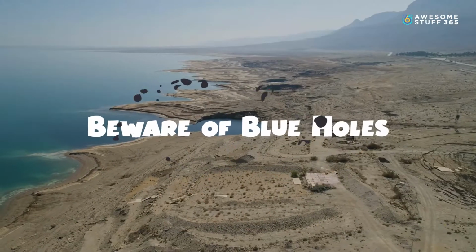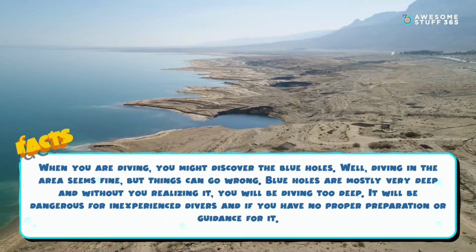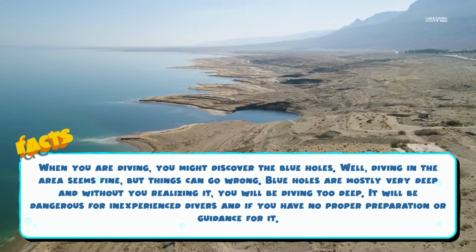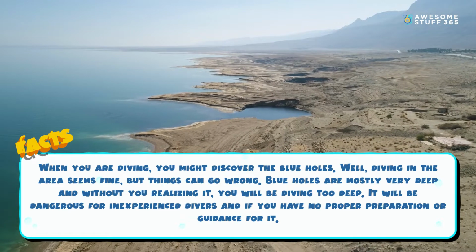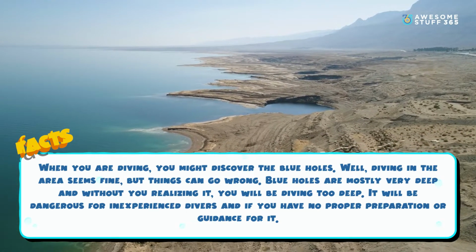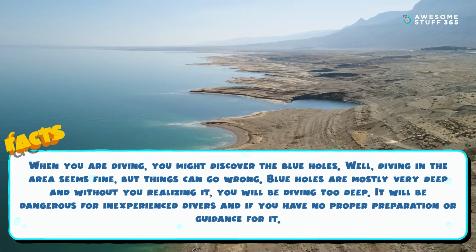10. Beware of blue holes. When you are diving, you might discover blue holes. Well, diving in the area seems fine, but things can go wrong. Blue holes are mostly very deep and without you realizing it, you will be diving too deep. It will be dangerous for inexperienced divers, and if you have no proper preparation or guidance for it,